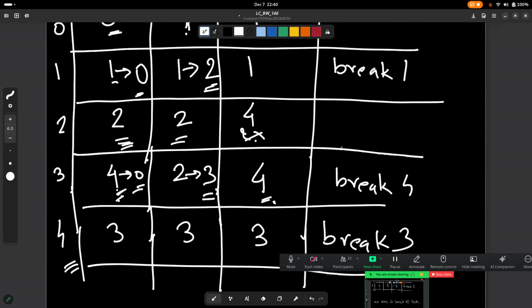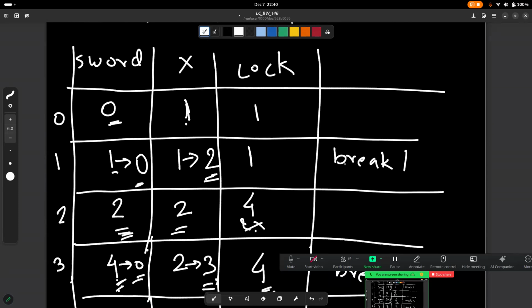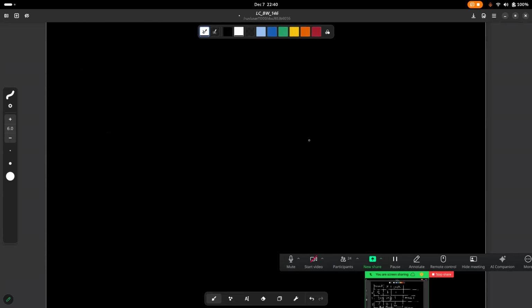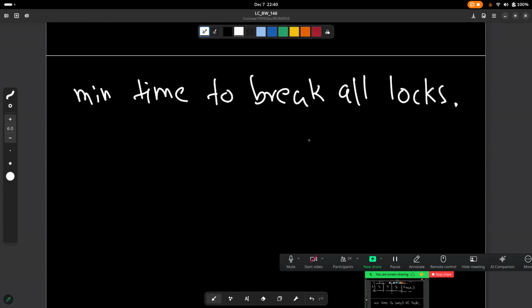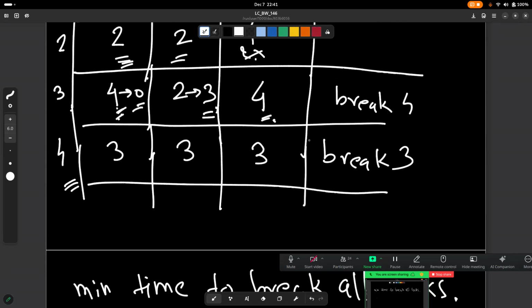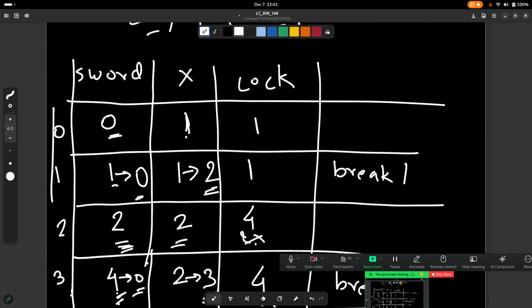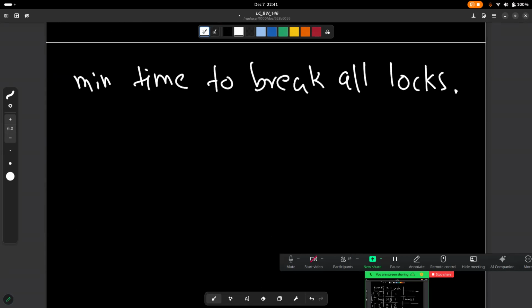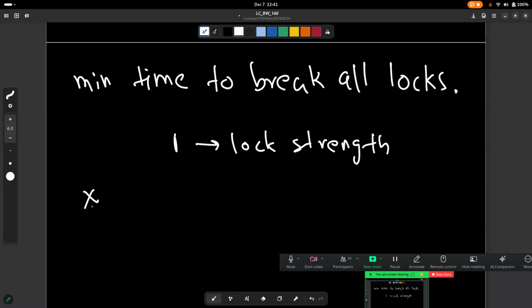So basically, we have to calculate the minimum number of steps that we have to go through to break all locks. First thing that we should consider is what is happening over here. Okay, so I have this lock that I want to break. It has a strength of 1. This is my lock strength, and I am having this x equal to 1. This is like my increment value,